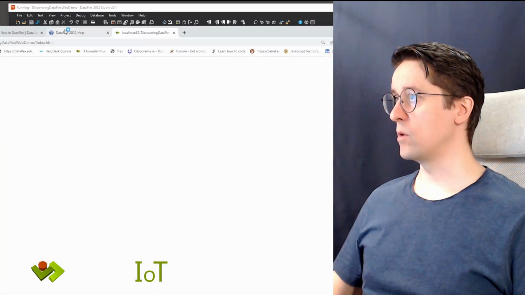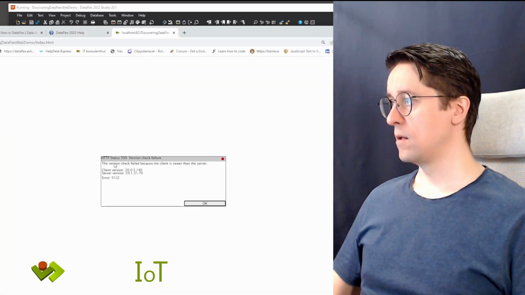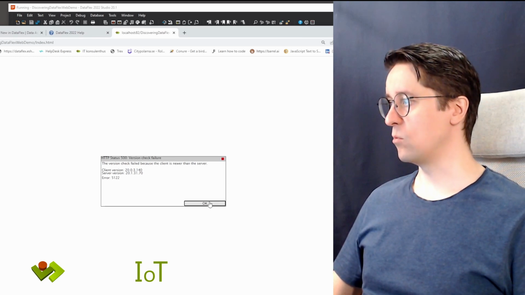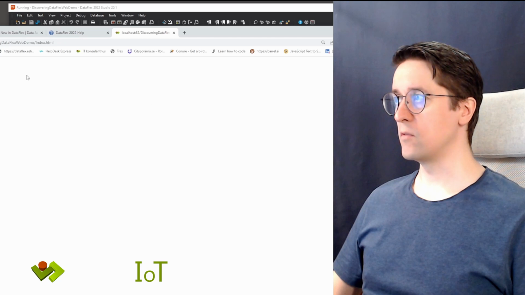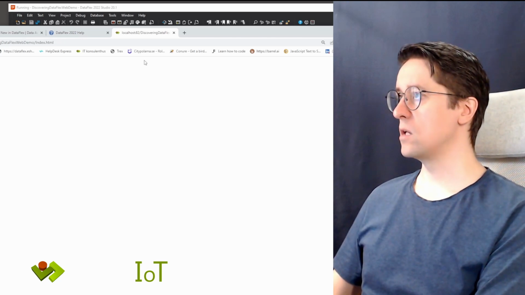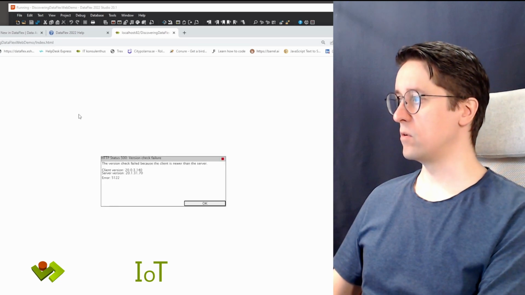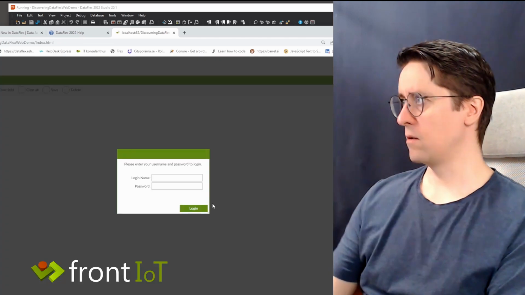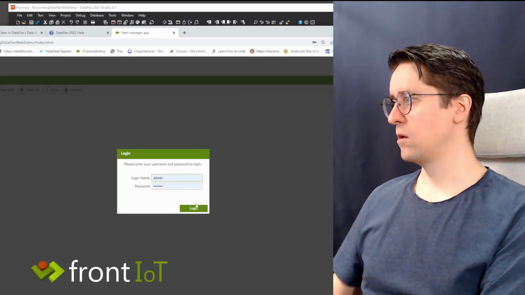There we go. And if we run this, it's complaining that we have the old JavaScript framework. But I think that is just a question of caching. So if I refresh,